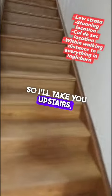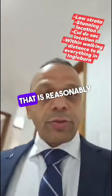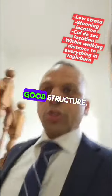So I'll take you upstairs. That's the floorboards throughout. Bathroom in here, bedroom with built-ins. That's the second bedroom. So this one, if you are looking for something that is reasonably priced and has good bones, good structure,